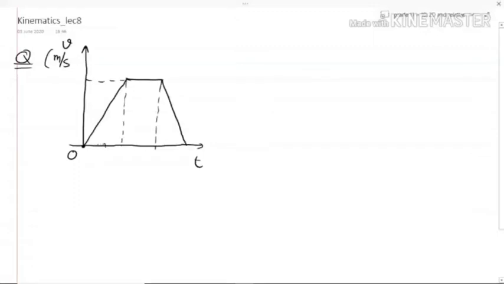So basically, there is an object which is performing a motion whose vt graph is shown in the figure. So let's say in 2 seconds it reaches 10 meter per second. Sorry, 10 meter per second. So now the question is, we find...